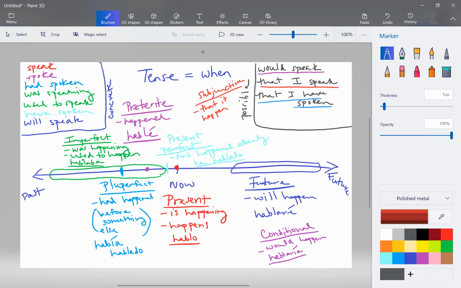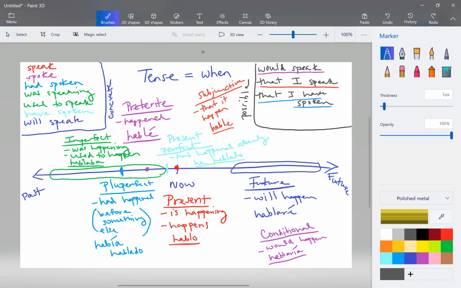Okay, so to say that I speak, it is hable. Oh no, sorry, no accent mark. Hable, without an accent mark. What does the accent mark make that say, actually? So with the accent mark, it's the preterite, right? And without it, it's the subjunctive, which is one reason why accent marks are so important. Because they mean a totally different thing.